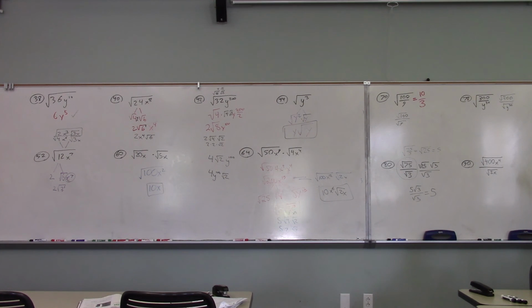If you see something that ends in 25, 50, or 75, what are you thinking you're pulling out? Yeah, pulling out 25, which will then become 5. So those are those perfect squares that you just readily identify, as in, I'm going to take that out. So this one, on top, we're going to split into square root of 100 times root 3 over